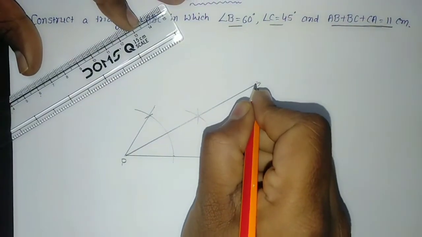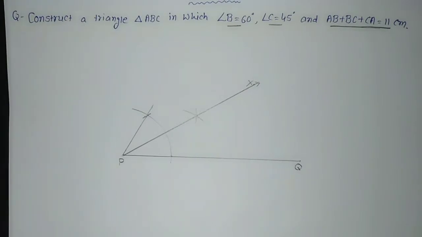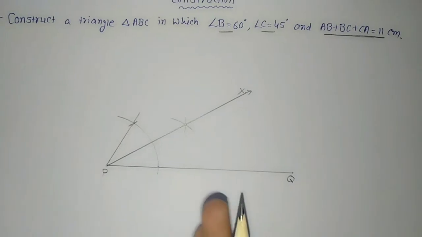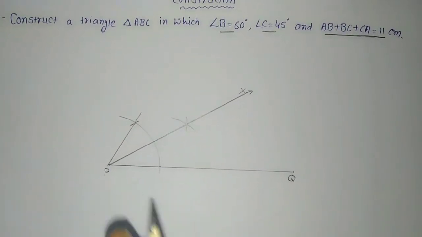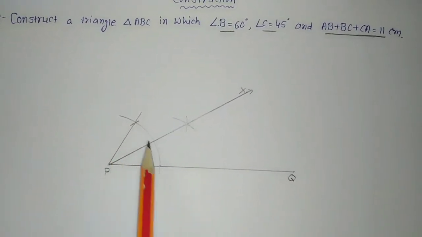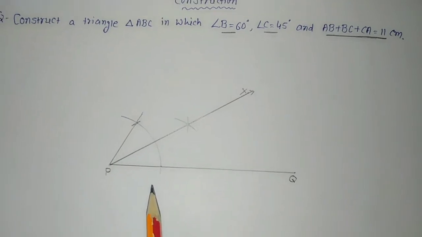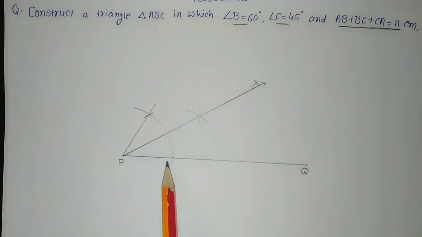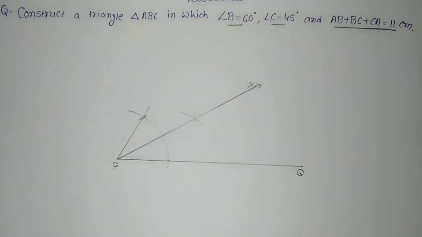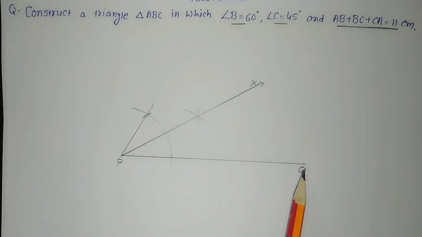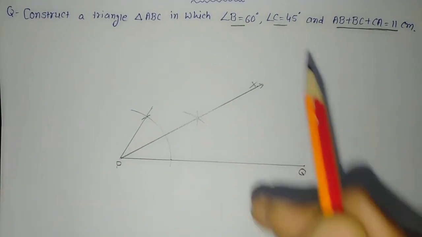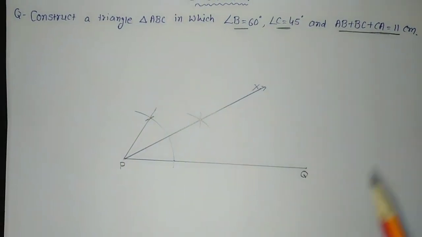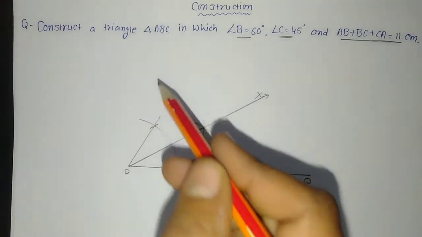Okay, I hope you have understood what I did. We want angle B equal to 60 at the side where we want to take B. As I told you, I will take B at the side of P. I have made the angle as per angle B, that is 60. But I have taken the bisector of that angle and I have drawn this ray PX. In a similar way, at the point Q, we will take the measure of angle C, 45, and then I will take the bisector of this 45 and that ray QY I will draw.